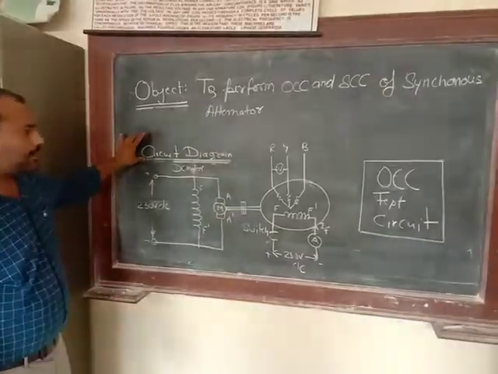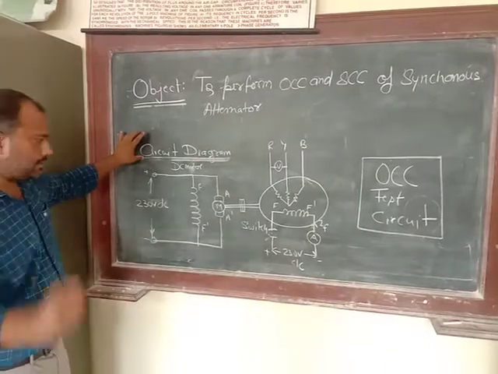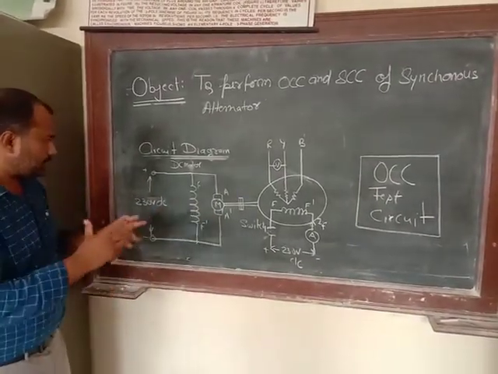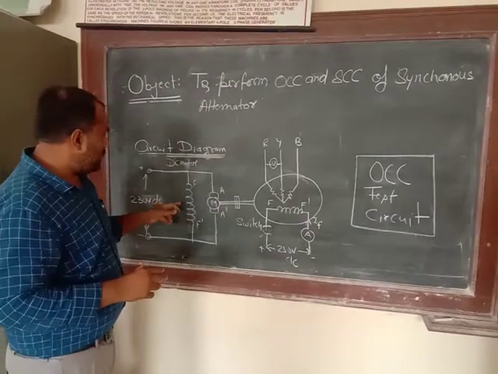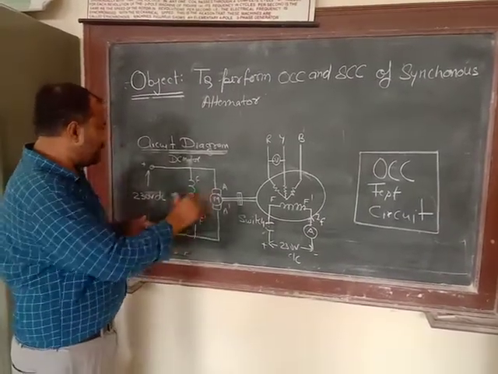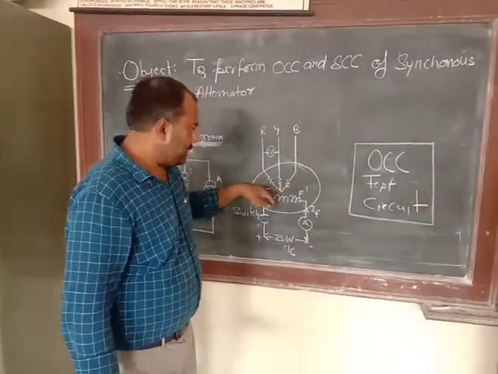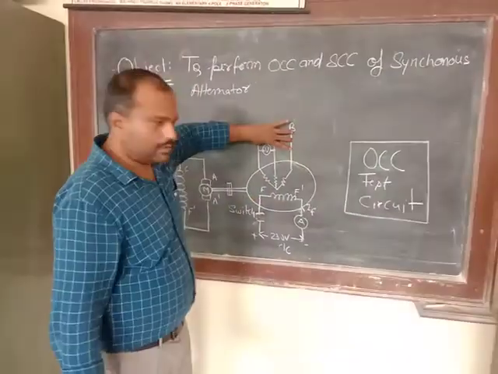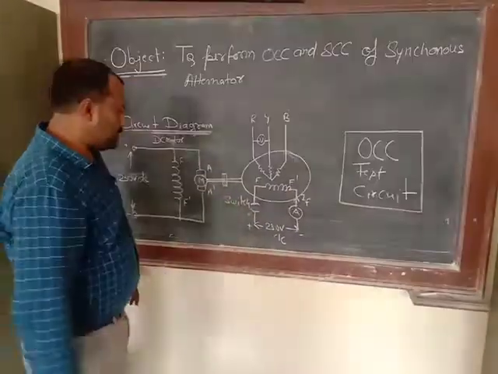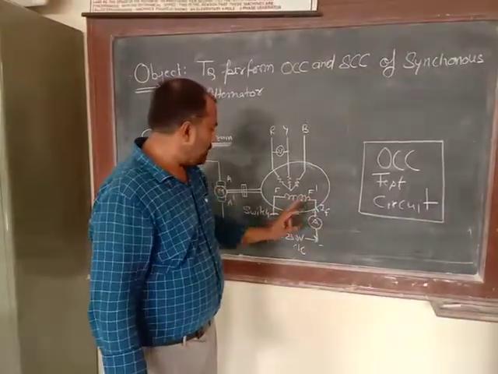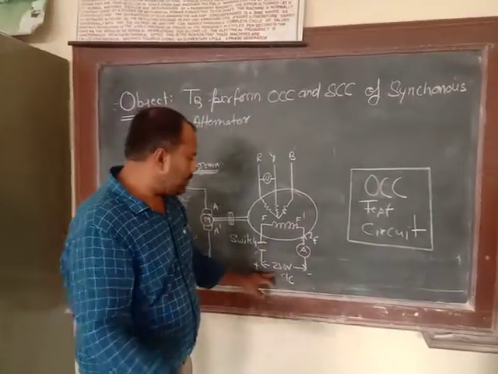So this is the circuit diagram of the circuit arrangement. Here you can see there is a DC motor which is a shunt type DC motor. Field winding and armature winding are connected in parallel, and this is coupled with a synchronous alternator. This is the armature winding of a synchronous alternator. This is the field winding of the synchronous alternator. So the field winding is connected through a meter and a switch, and 230 volt supply is connected to the field.